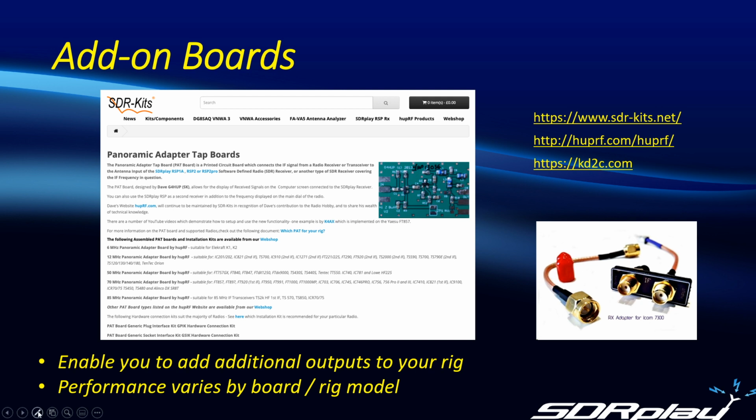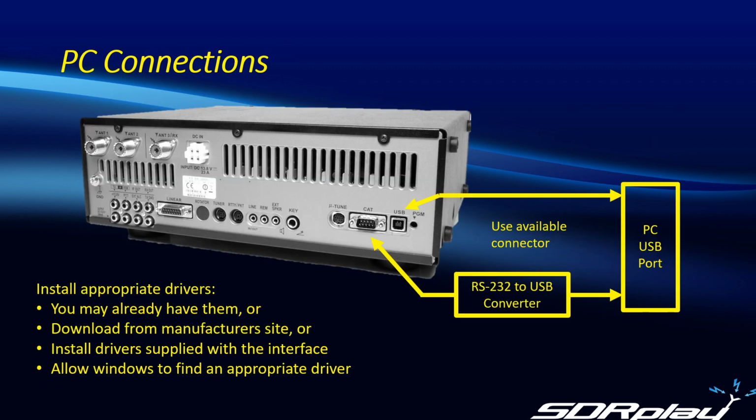Let's have a quick look at connecting to the PC. And if I could ever find my mouse, here we go. Not a lot involved here. Again, most modern rigs will have a USB port that you can connect directly from the rig to your PC. Some of the older ones have a DB9 RS-232 type connector, which can be used in conjunction with a converter box or a converter cable. Sometimes these are available from the rig's manufacturer. Other times they're available from the usual ham radio sources, and that allows you to go from the RS-232 port